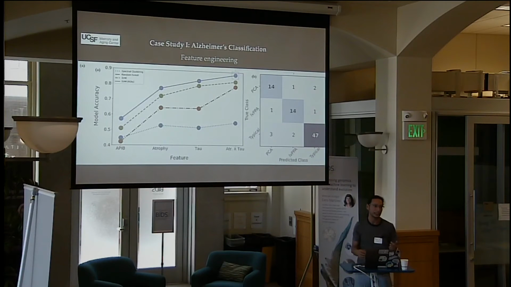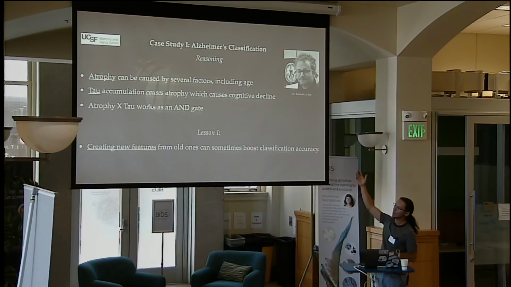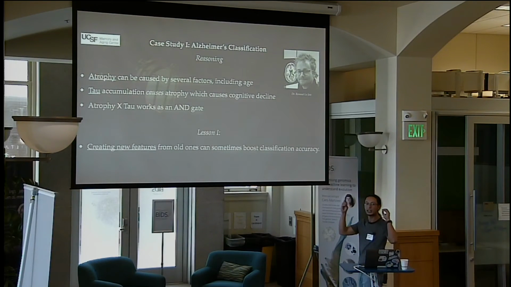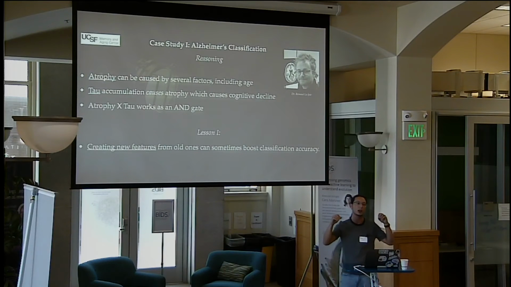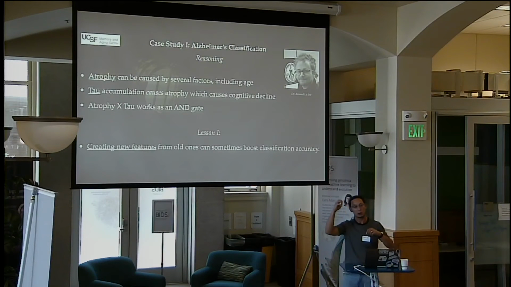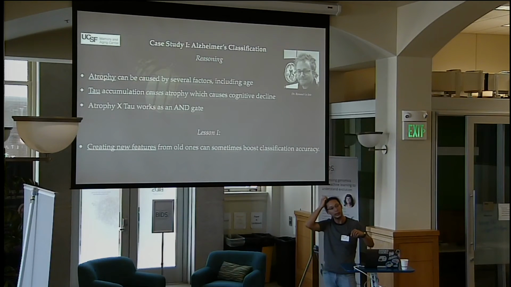And that's where, as a data scientist, I go to my collaborators, like Mariana and people who actually understand stuff about the disease that we are working on. And the reasoning brought up by our collaborator, Renaud, was that, well, we know that atrophy in the brain can be caused by all sorts of things. It can be caused by, for instance, just aging, and this is not Alzheimer's. Another thing we know is that usually tau accumulation will cause atrophy in the region of the brain, and this atrophy is going to cause the cognitive decline.